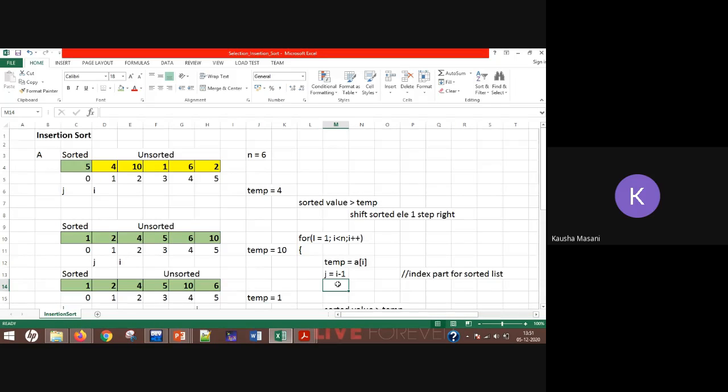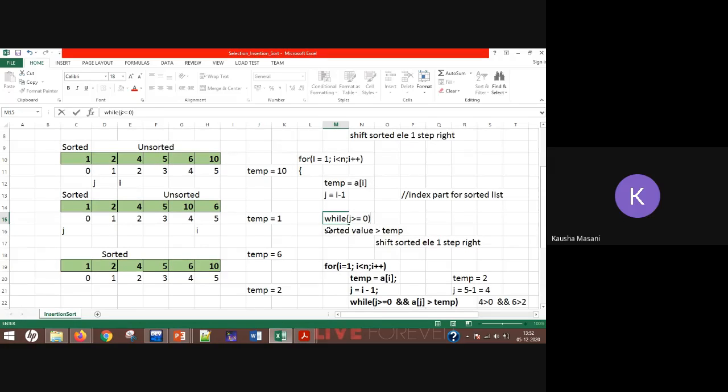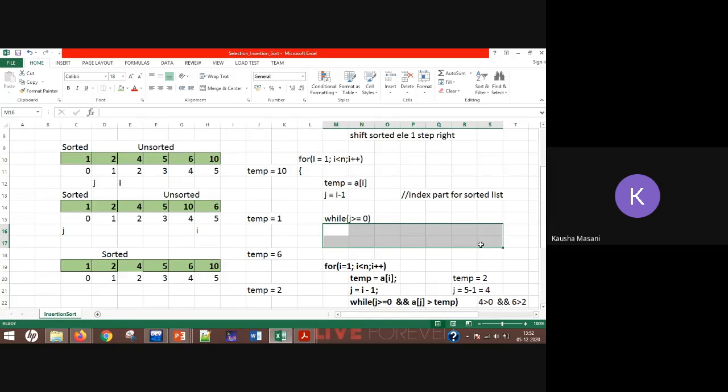अभी नेक्स्ट हम क्या कर रहे हैं, एक कंपैरिजन हो रही है, दो दो इसकी और इसकी, सॉर्टेड की वैल्यू और अनसॉर्टेड की कंपैरिजन हो रही है। लेकिन कहाँ तक, जब तक कि हमारा जो जे है वो ग्रेटर देन और इक्वल टू 0 रहे तब तक। ओके, वंस यहाँ पे अगर जे मेरा 0 को पॉइंट कर रहा है, ठीक है, तो मुझे मतलब स्टॉप कर देनी है। उसके बाद अगर जे लेस देन 0 हो गया तो मुझे नहीं जाना है आगे, ठीक है। तो यहाँ पे एक कंडीशन रहेगी कि while j is greater than or equal to 0, okay,